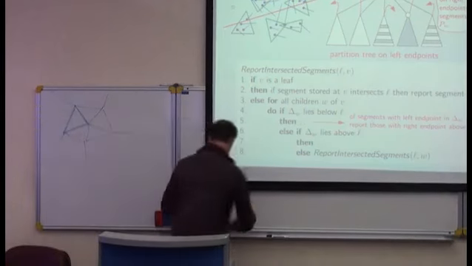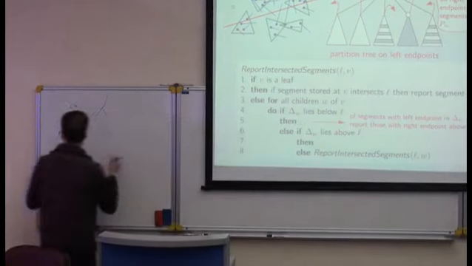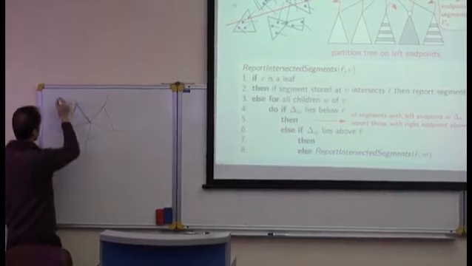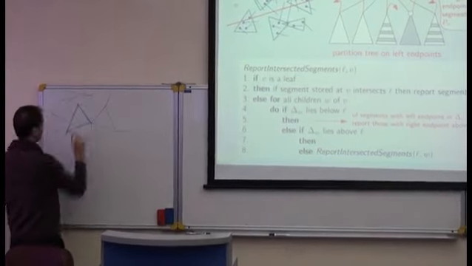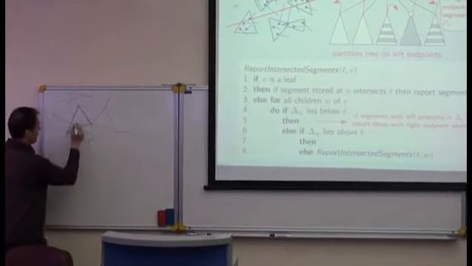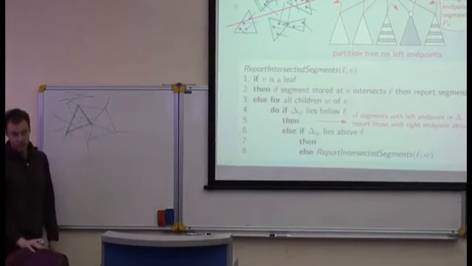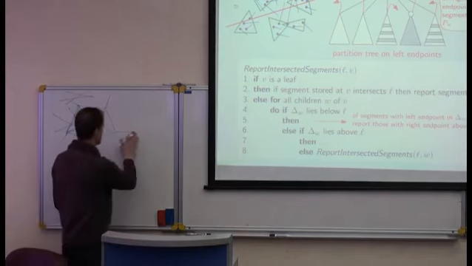We have a number of lines that pass through the triangle, and I had these lines that go above the triangle. If the query was here, and I want to report everything above this point,